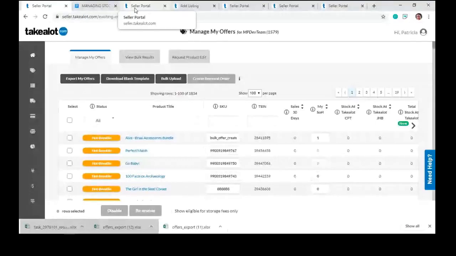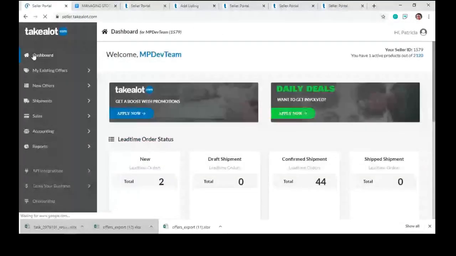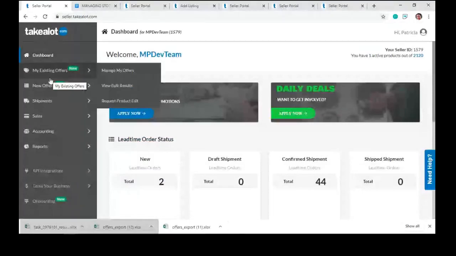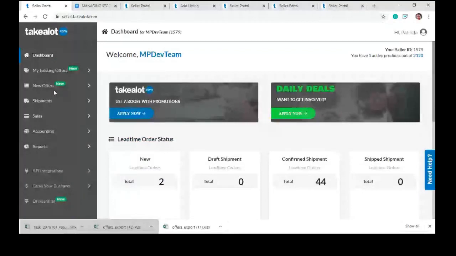A reminder for our first time sellers. If this is the first time logging in to your seller portal and you are not quite sure on how to go about either navigating the portal or how to go about adding your products to the Takealot site, it is advised that you scroll down to the bottom of the left-hand navigational bar, click on the Onboarding tab,